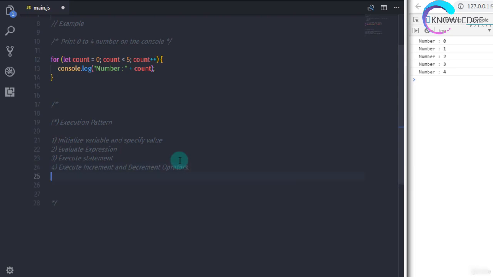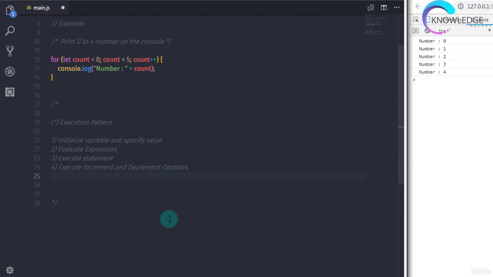After that, the for loop will go to the top again and skip the initialization step because we already initialized the variable. So the for loop will move to the next step and evaluate the expression. Then it will move to the third step and then the fourth step.